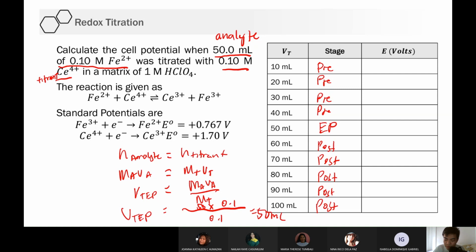And you know the equation to be used kapag pre-equivalence point ay yun sa analyte. So that's E equals EA naught minus, I'm sorry for that, it should be minus 0.0592 over N log Q. And for the post-equivalence, that's the titrant equation, ET naught minus 0.0592 over N log Q. Then, you know how to solve for Q. Binigay ko na sa table. Plug in na lang yung MAVA, MTVT. So, yun. I will upload the answers na lang.